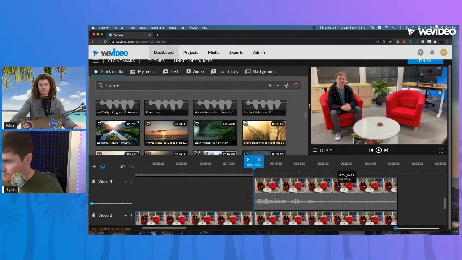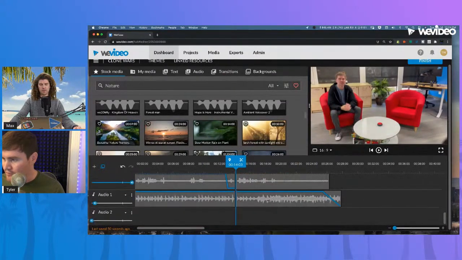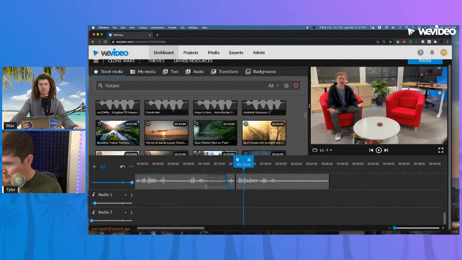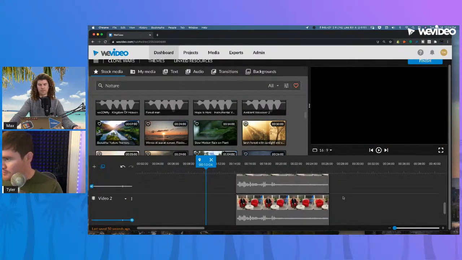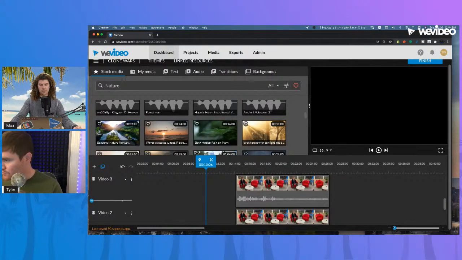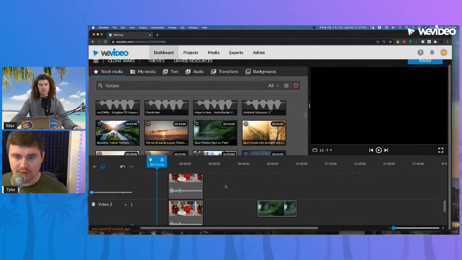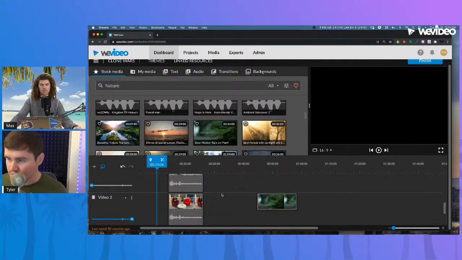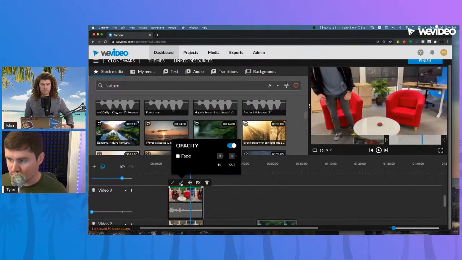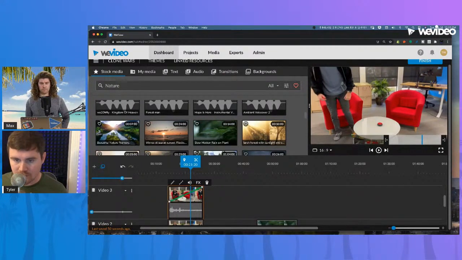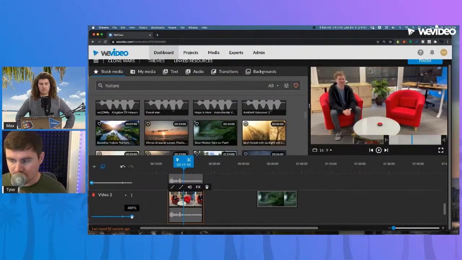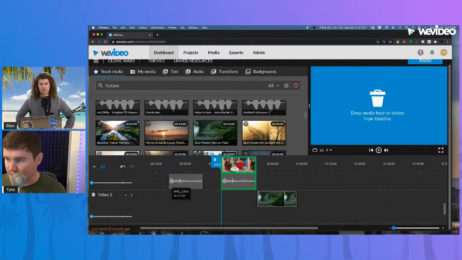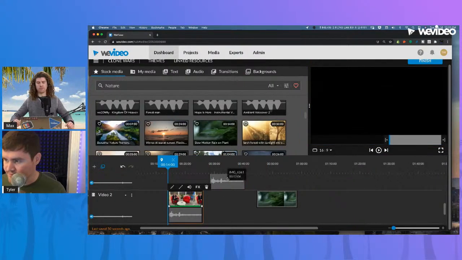Right. Let me go ahead and just clear out our timeline. I want to make this as simple as possible for you guys. All right, so we have this clip. Let's say we want to have audio separated, right? So like Max was mentioning, you're going to drop the opacity completely. And now we just have the audio. And then on this one, we're going to drop the audio completely. And now we just have the video. So I actually do want this guy. Yeah, so you probably want the video to be on top, but.